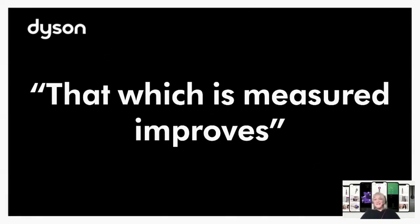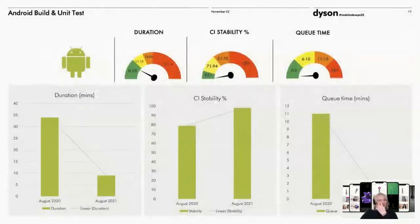So the big question is, did the KPIs work? What happened? Well, if we take a look here, so this is Android building unit test. It's a snapshot between August 20, before we started any work, and August 21, where we feel like we had kind of completed what we were going to do with Android. And we can see massive differences in reduction of the